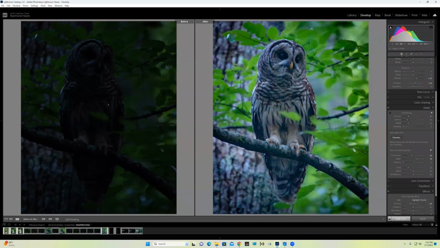DNG and with the KF 55-300 PLM, and this is what I got afterwards. I did crop in a little bit. Doesn't show that on the before and after here, but we'll see the settings over here. We did ISO 3200 in a dark scenario like this. That's pretty much where I want to go. I could sneak it and go up to ISO 6400 sometimes, but ISO 3200 is where I like to stay